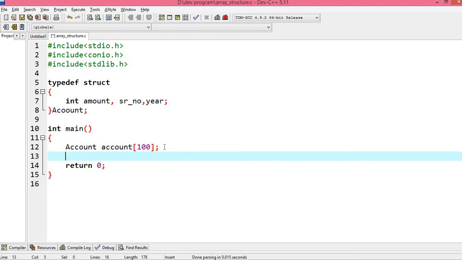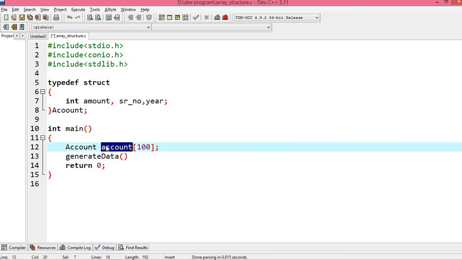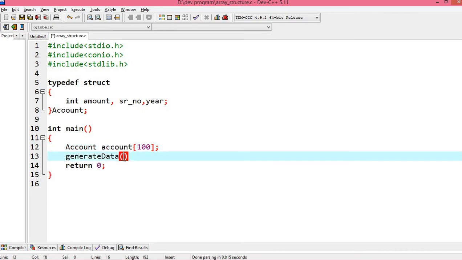After that, over here let me call a function, that is generate data, and I will pass this account structure as an argument. Very simple, account. That's it.